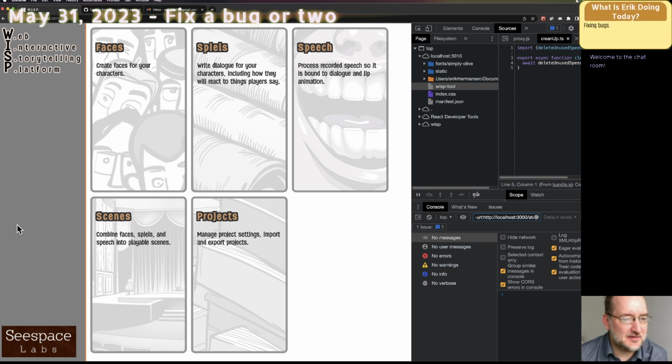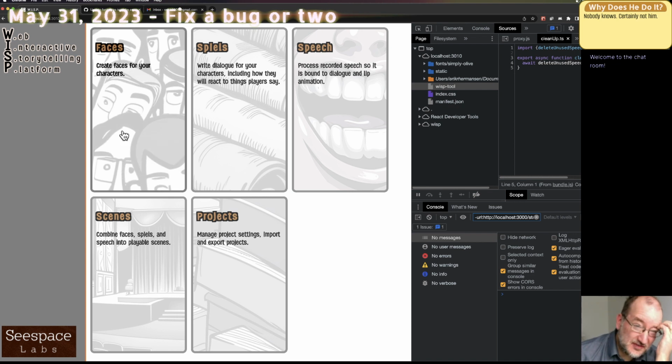So you don't need that much explanation, but you come to Wisp. What the heck is it for? What does it do? Where do you start? Well, this is supposed to help you along with that a little bit, just make it feel a little more accessible. The art that's in here is AI generated.